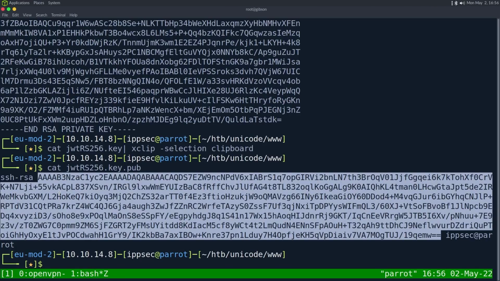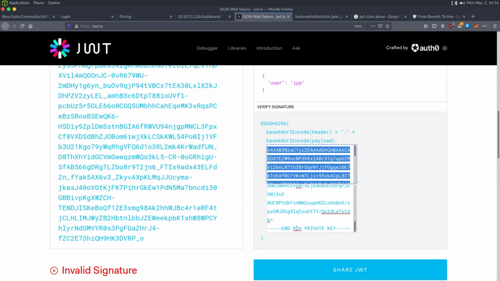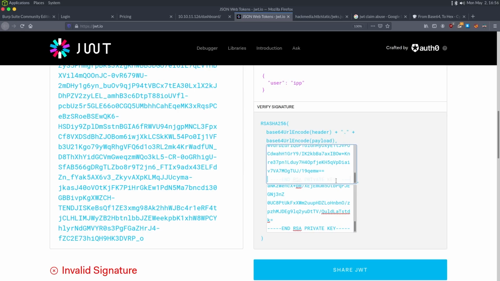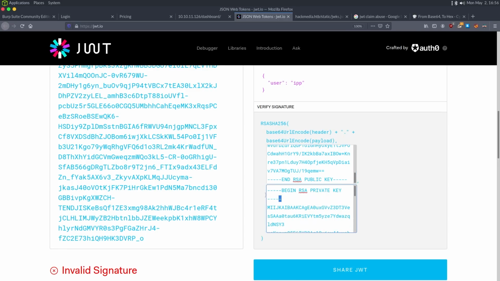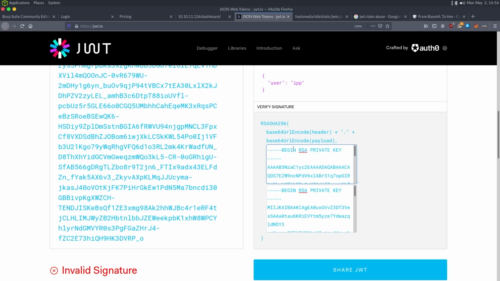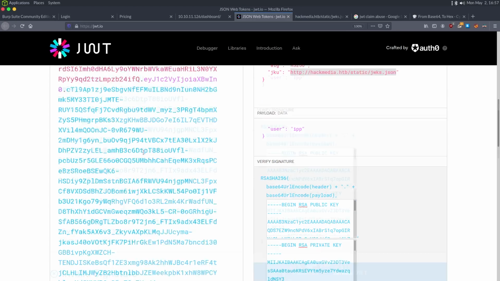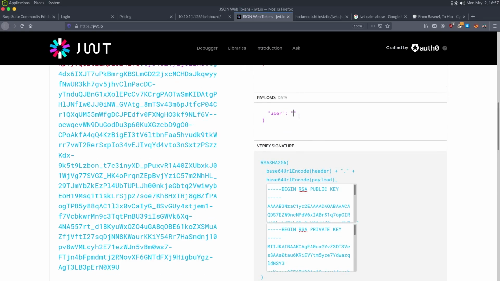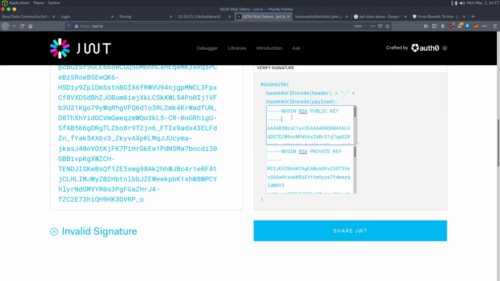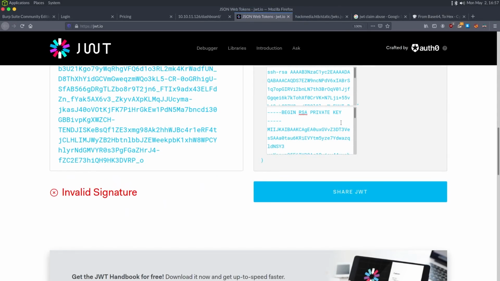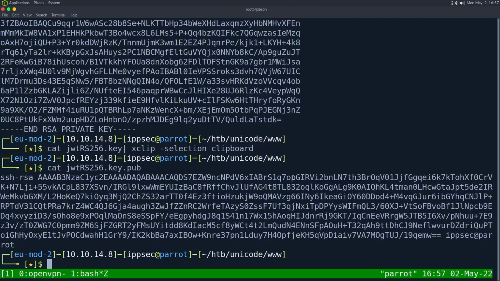We probably need to convert this into a different format. I wonder if I can just copy this line and say public key. And it starts with begin, right? If we do this, does it accept it? Invalid signature. I was hoping it would automatically sign this. Because I don't think it wants it like this, right? Whoops. Copy, paste. Like there's no way this will say key validated. Yeah. So we have to figure out how to convert this into a